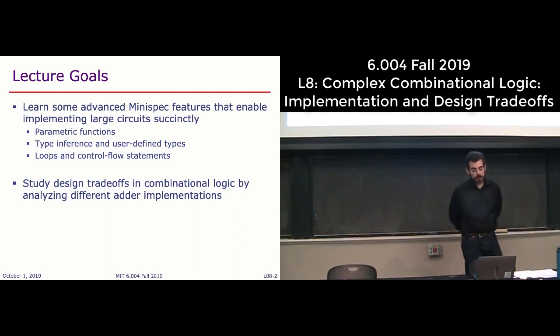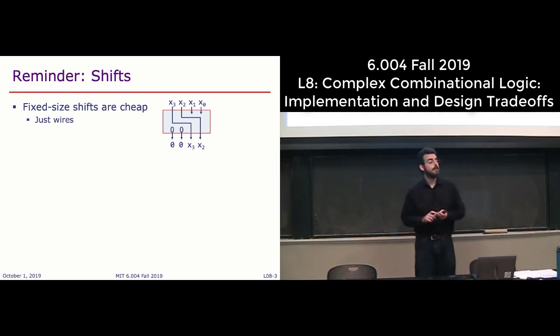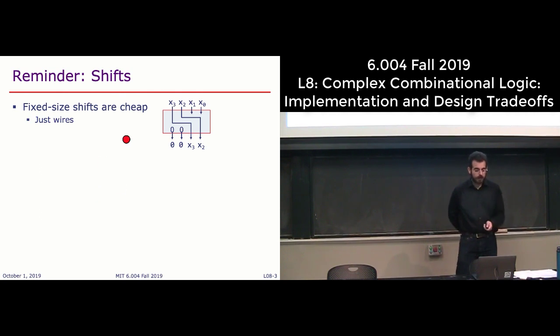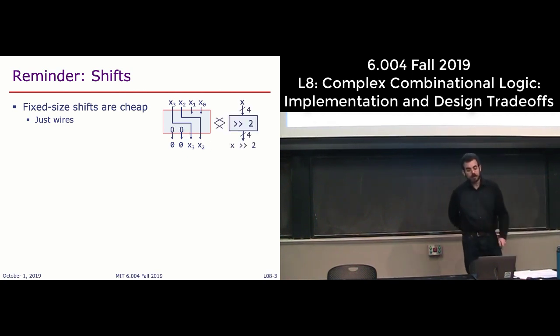But before we dive into today's material, let's spend a couple of minutes finishing our discussion on shifts. So remember, last lecture we started with the ripple carry adder, then we saw multiplexers, and then we ended up looking at shifts. And remember that if you want to do a fixed size shift in hardware, you have this 4-bit value here, and you want to shift right by 2 bits. That's really easy, right? That's just wires. So this does shift right by 2,